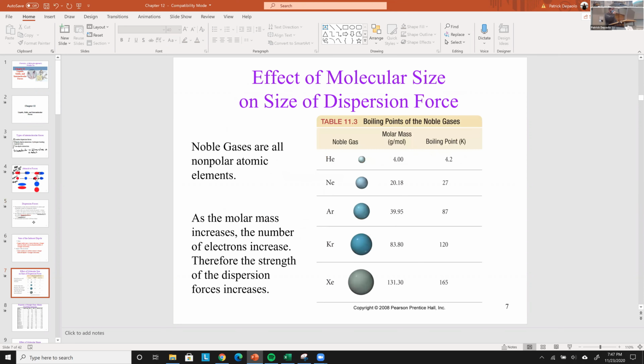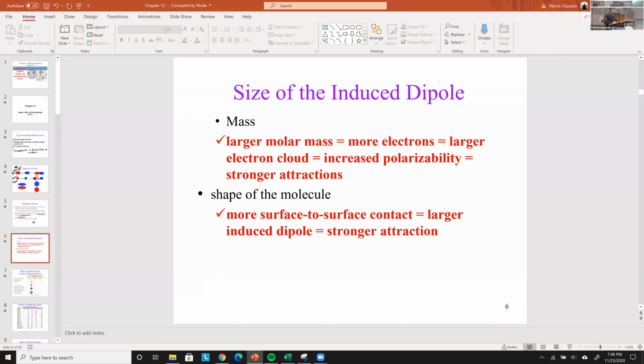Size of the induced dipole. This is the opposite of what we learned about bond strength inside a molecule. So we learned general concepts: if you have a smaller atom, then it's going to bond stronger to another one since the nuclei are close together. That no longer applies for intermolecular forces. For intramolecular forces, definitely. But for molecules interacting with each other, which is different than atoms interacting with each other,